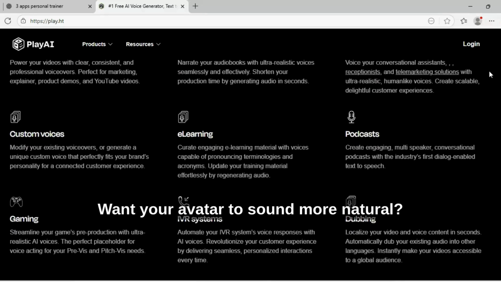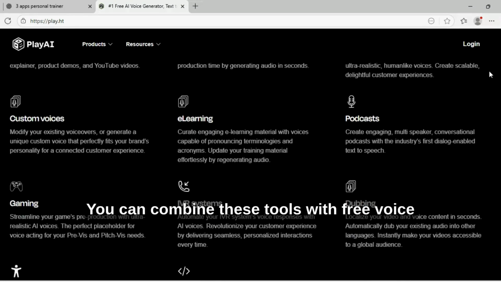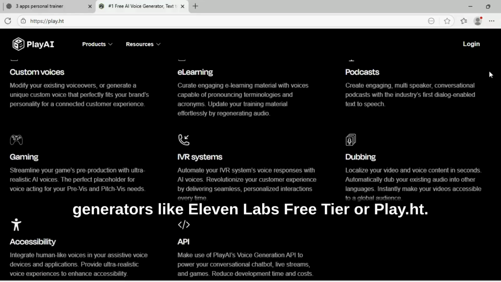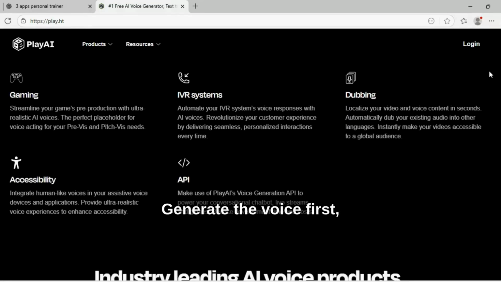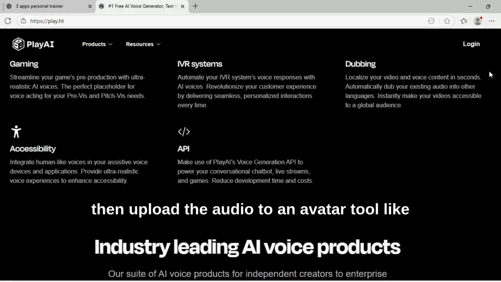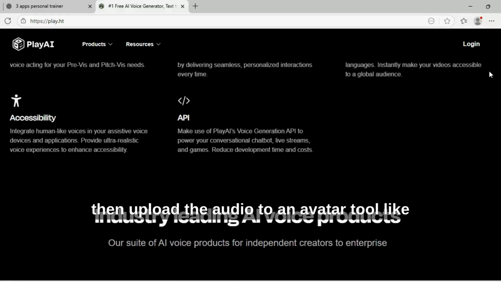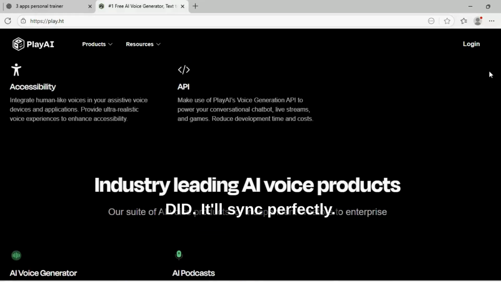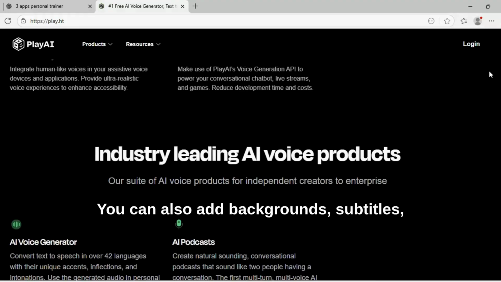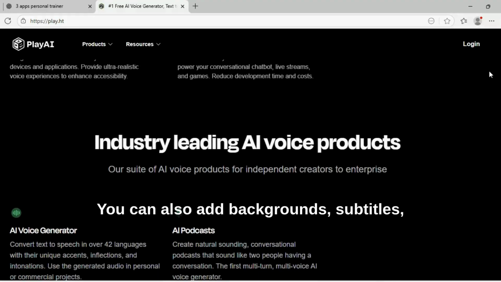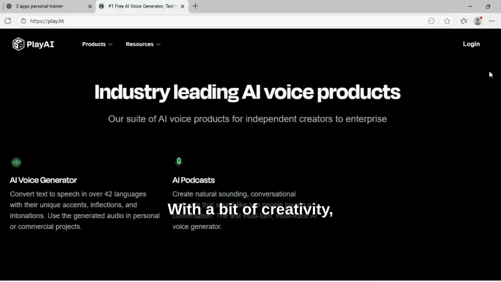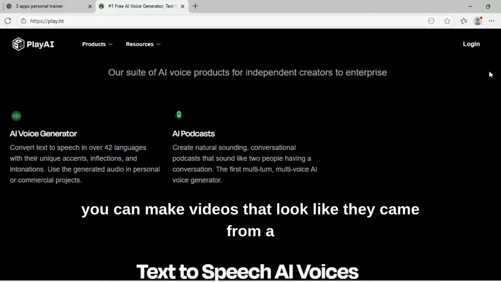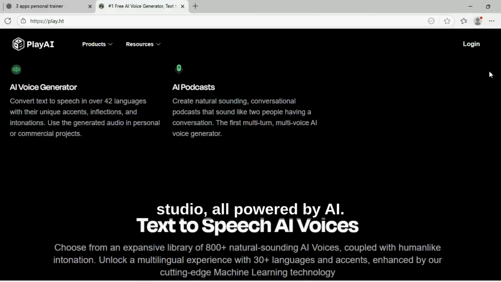Want your avatar to sound more natural? You can combine these tools with free voice generators like ElevenLabs free tier or play.ht. Generate the voice first, then upload the audio to an avatar tool like D-ID. It'll sync perfectly. You can also add backgrounds, subtitles, and logos directly in the editor. With a bit of creativity, you can make videos that look like they came from a studio, all powered by